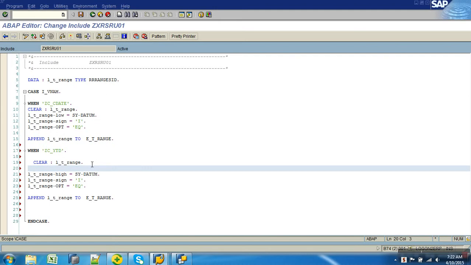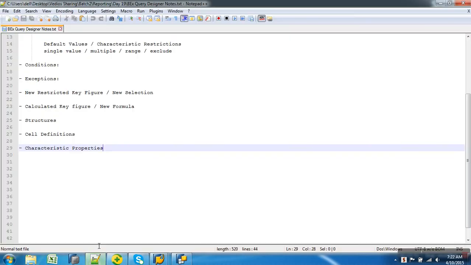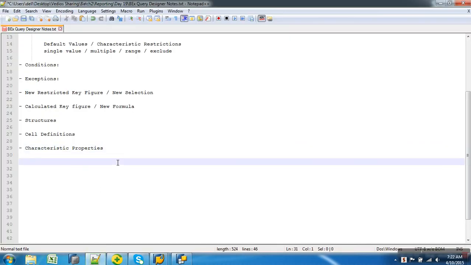So how do I calculate first day of the year? From sy-datum, if I pick first, because date is always like this, right? Y, M. This is how it will be.